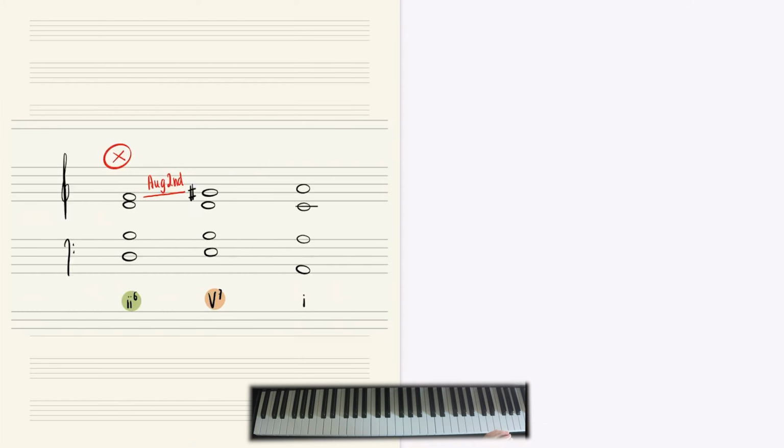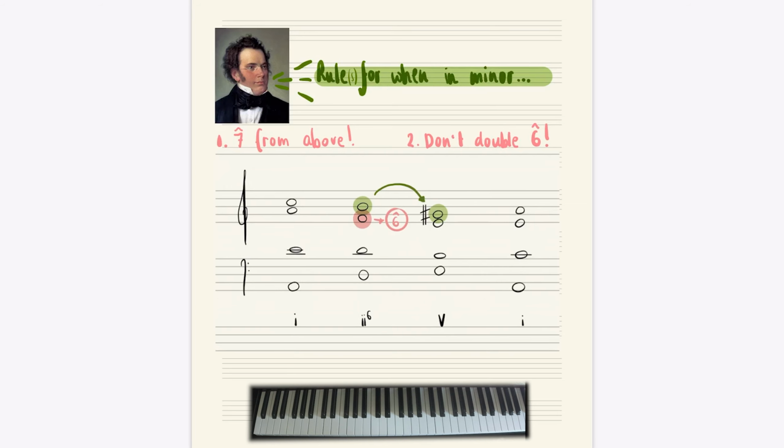So here's the rule. In minor keys, when the predominant chord goes to chord 5, you should approach the 7th degree of the scale from above, not from below. Take a look at this example. I start on tonic in minor. Then I need